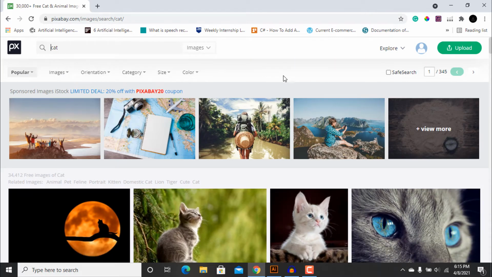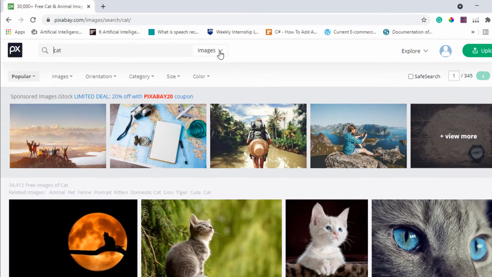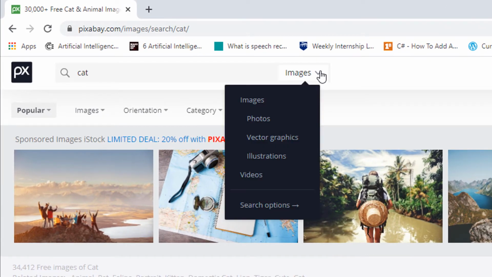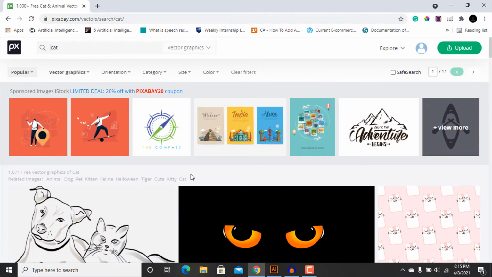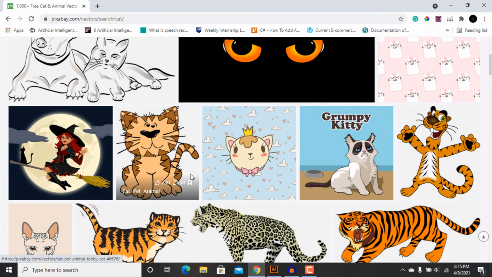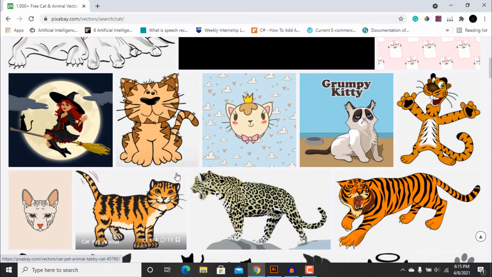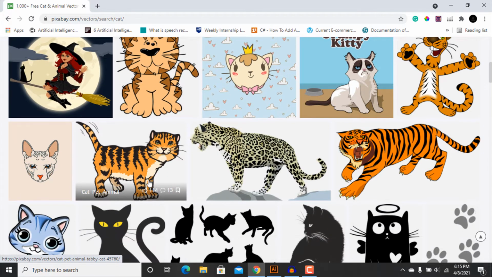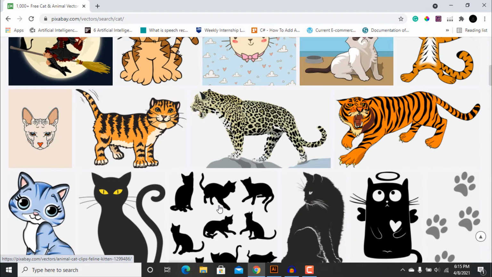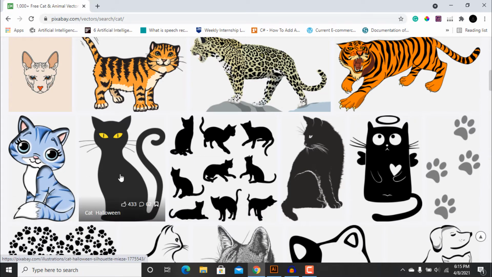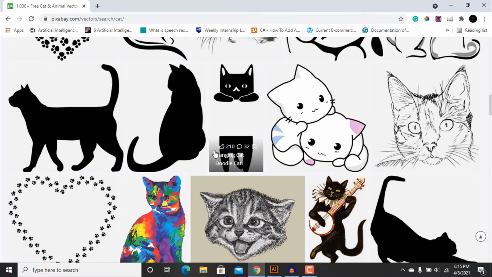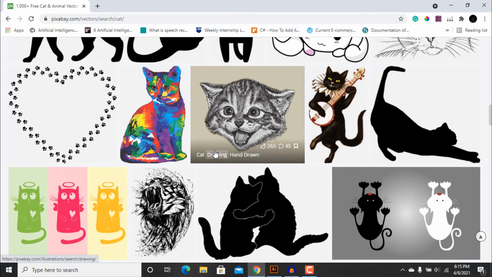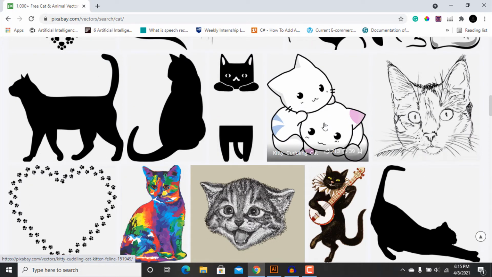So friend, what you have to make sure is go to this drop down menu and search for vector graphics here. As you can see, you can get various different vector graphics of different cats here. You can use all of these images in your coloring book page without any restrictions.